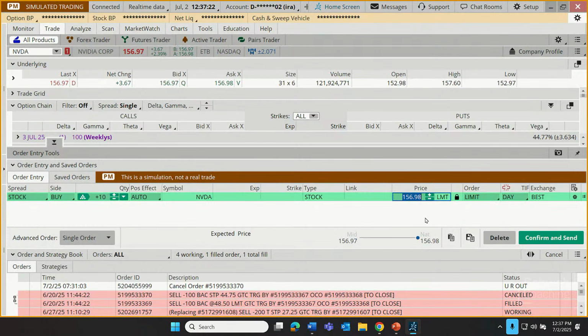How about we do this as today's example? I'm going to set a limit at 157.50. The stock right now is trading at about 157. So I'm just saying this is my ceiling. That's as high as I want to go. If the stock is available at a lower price, then I'll very likely pay a lower price, but that just won't buy it for more than that.